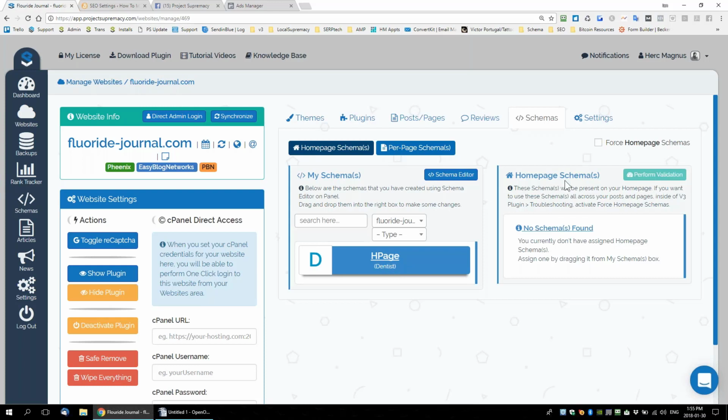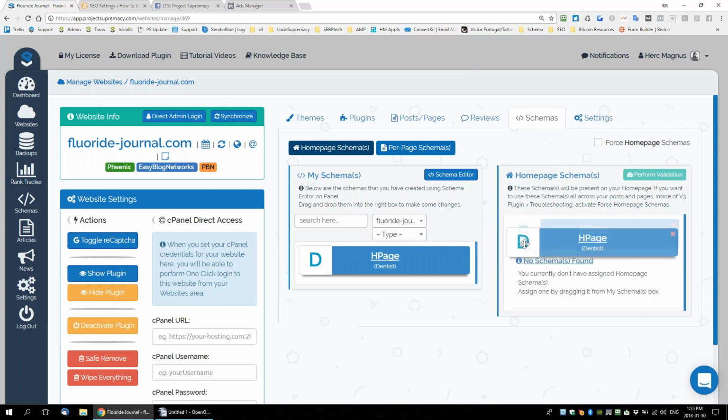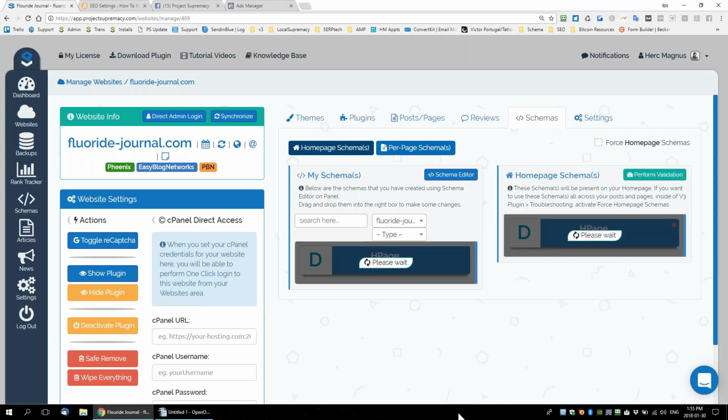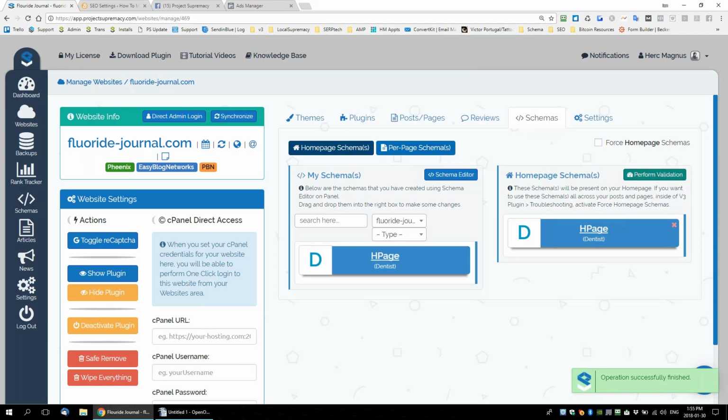Now, to install that schema on the home page, I just have to drag it over to the home page, and that's it, right? Now it's installing that rendered schema that I saw for me. Now that it's installed, I can perform the validation. I know it's going to fail because my hours are entered incorrectly, or at least I think it's going to fail. Or the other option, once it's installed, is to actually visit the site